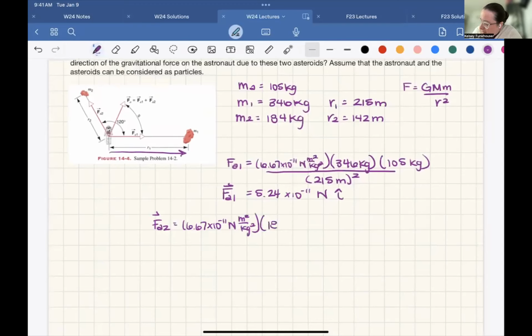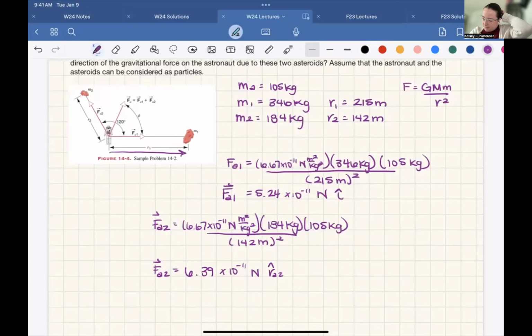Anyway, 184 kilograms for the mass of asteroid 2 times 105 kilograms for the astronaut, and the distance between them is 142 meters, and that is squared. So we end up with the force on the astronaut from asteroid 2 is 6.39 times 10 to the negative 11 newtons. And we will just give that the R hat A2 because you can see this direction, but it's not really defined